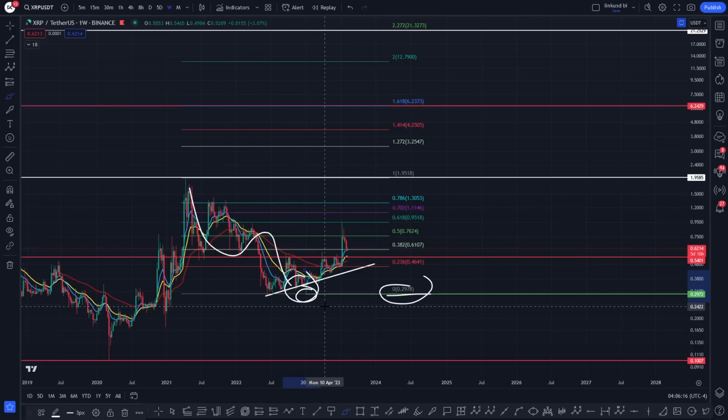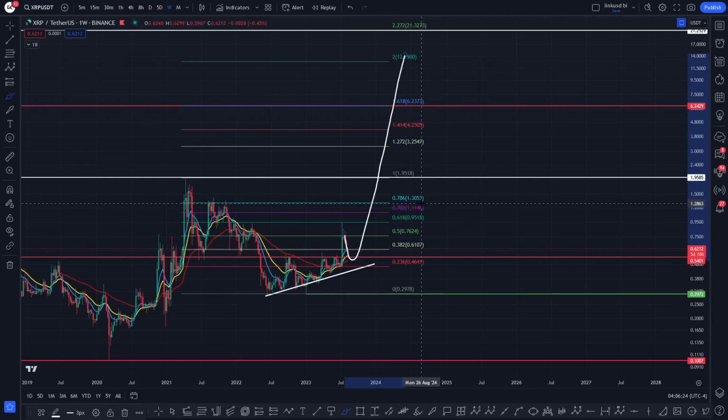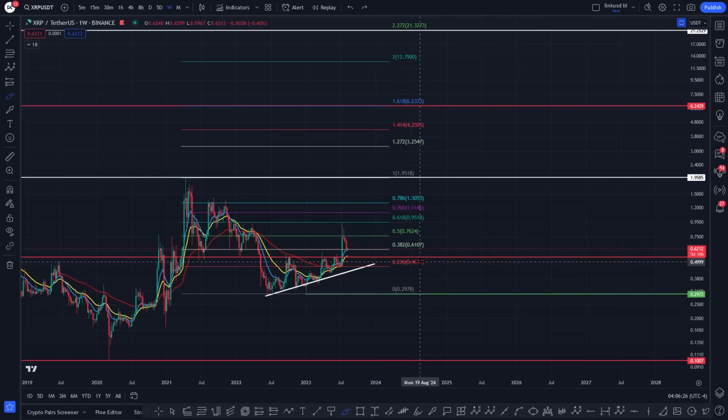Okay, and I've gone through this with you multiple times. So there's a lot of confluence stacking up in other charts, not just XRP, that we could be on the cusp of a major move here for XRP, looking to break out. So what I'm looking for XRP to do primarily in the short term is get above the 0.786 fib, which is this key high here at 1.30. If we can start to see XRP take out 1.30, I think that we've got a major buy signal and a major go signal for XRP, that we are looking at a major breakout basically,